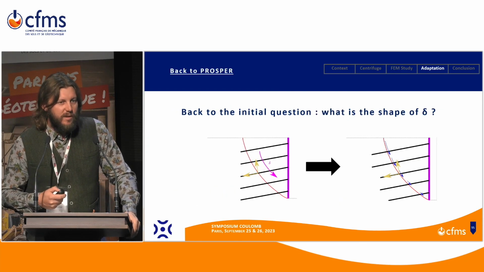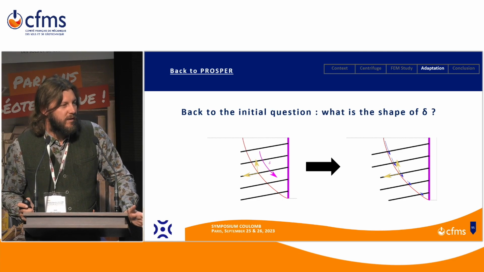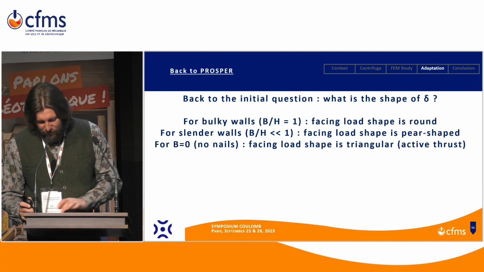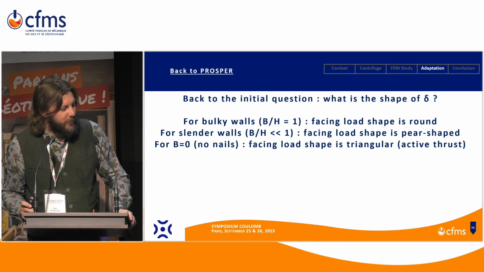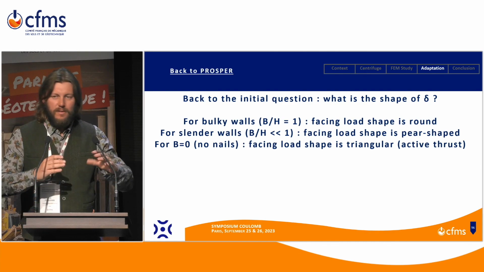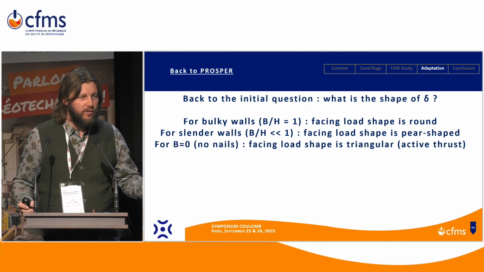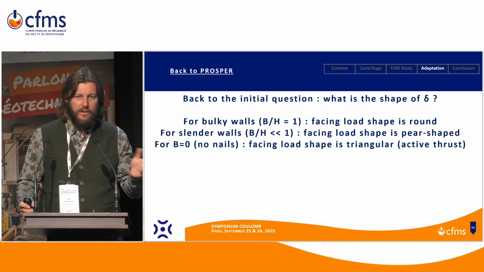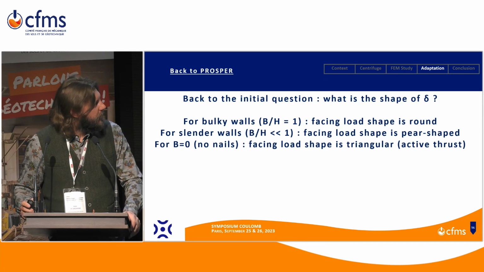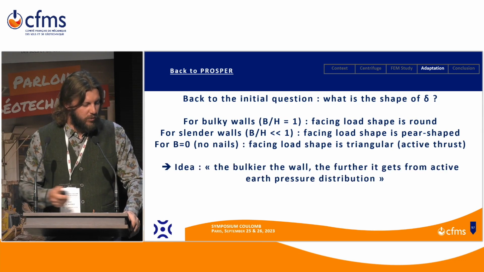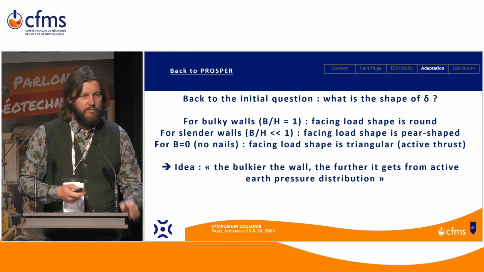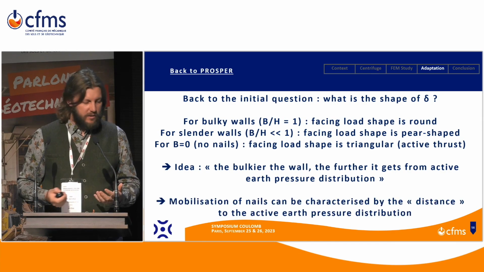Okay, so now if I go back to my initial question, what shape of delta should I use? We tried to think this way. We said the bulky walls have homogeneous tension. The slender walls are more pear-shaped, and eventually, if you go to no nail, like B equal to 0, you have active thrust and a triangular shape of tension. So the idea is the bulkier the wall, the further it gets from active earth pressure, which means the effect of nails is to go